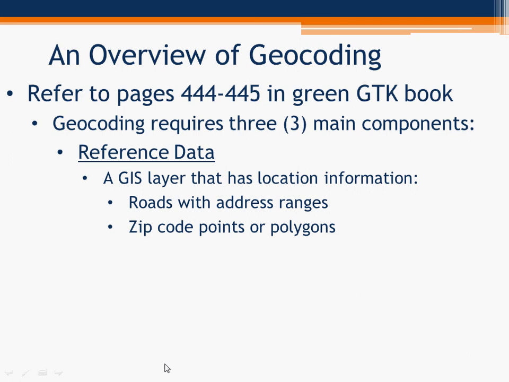Zip code points are polygons and points with place names. You may not be interested in getting it down directly to the address point location. You may just be interested in finding out how many occurrences of a particular address happen at the zip code level, or even matching to a point shapefile of place names, matching a list of place names that you have so that you have some sort of geometry to show